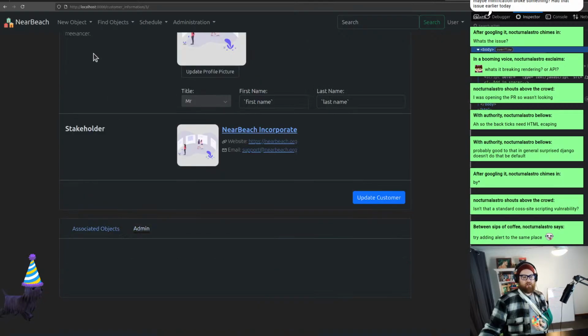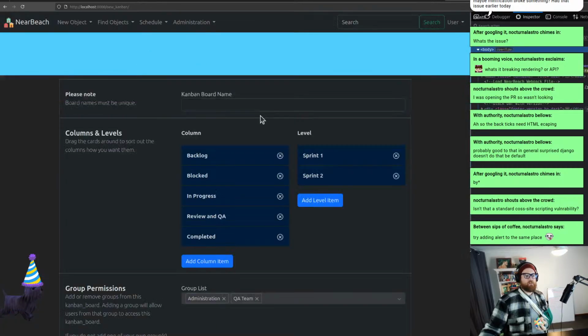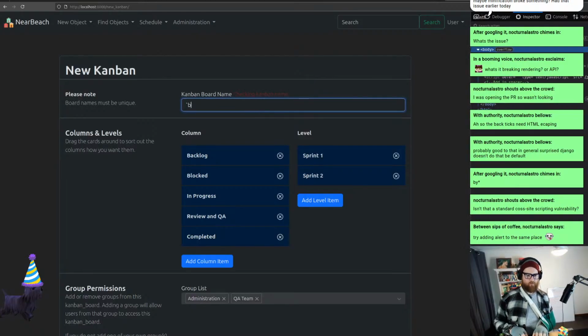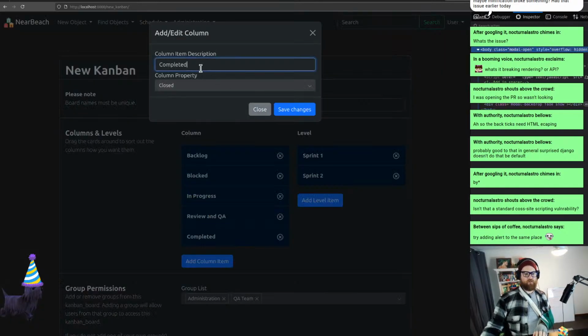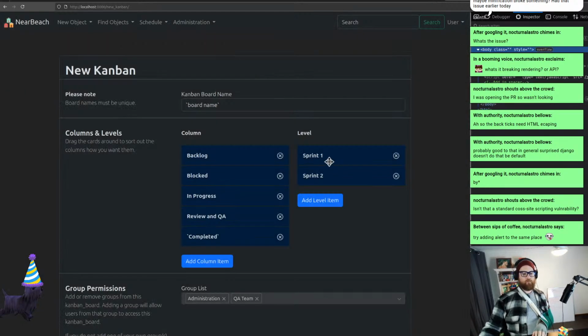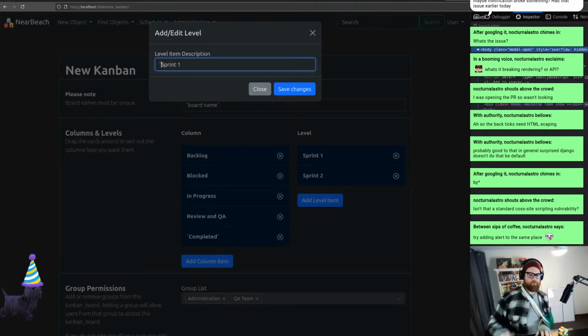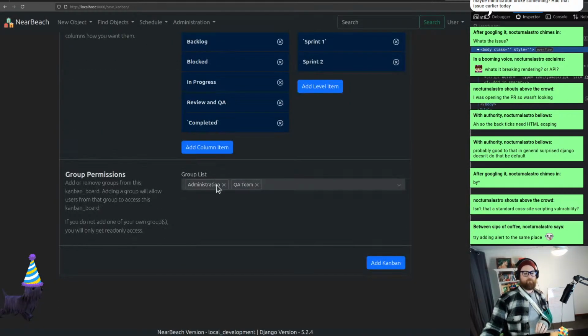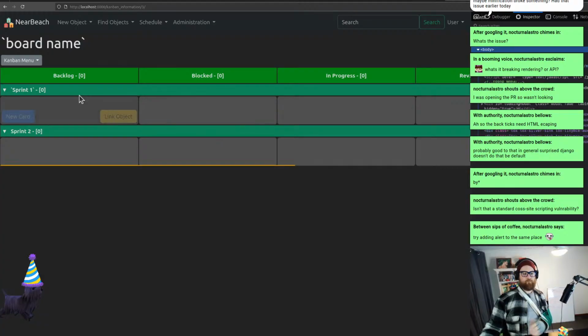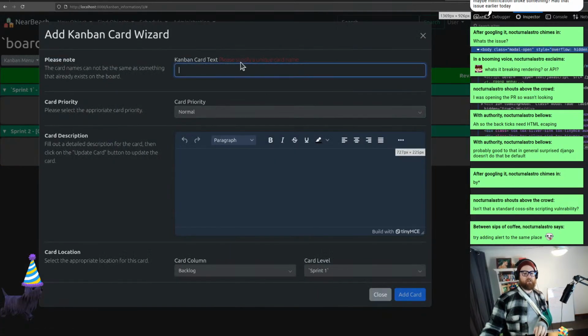Yeah, that works fine. All right. Let's do Kanban board, going from the top to the bottom. Board name. I'm just gonna do one of these and one of these. Yeah, that works fine. And if we added a new card,